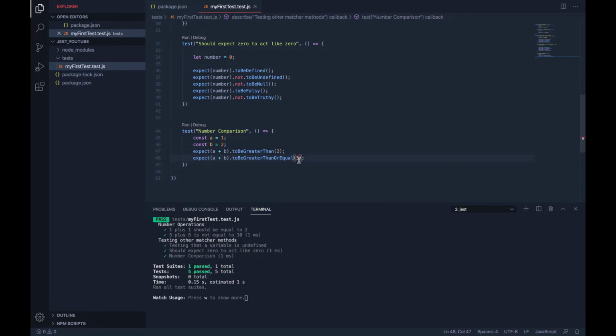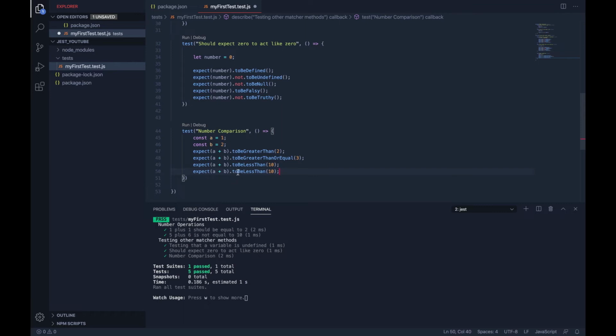If I save this, it's passed because it's actually equal to 3, so it's greater than or equal to 3. I expect this to be less than 10, because 1 plus 2 is actually less than 10, right? So I also expect,